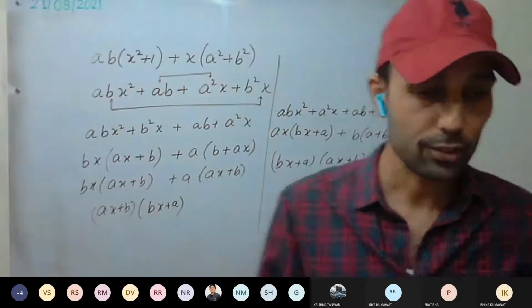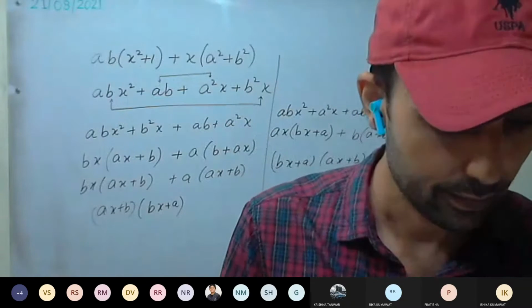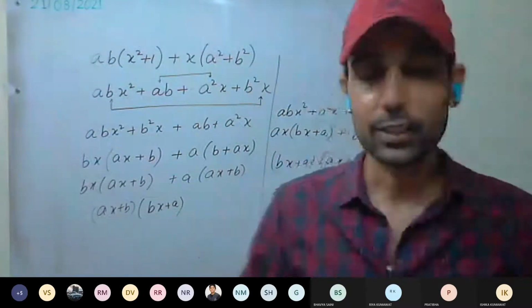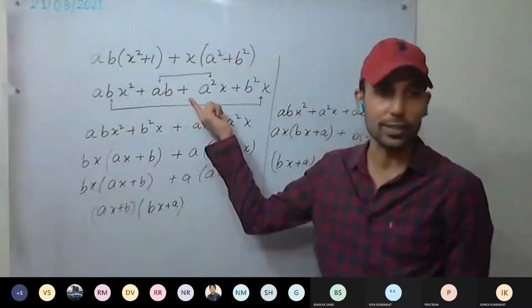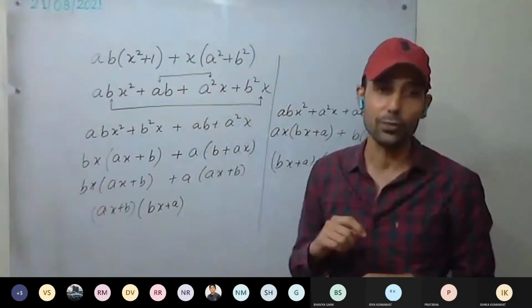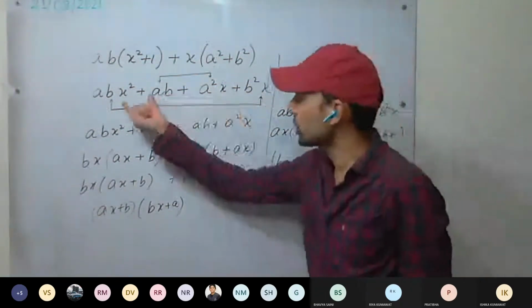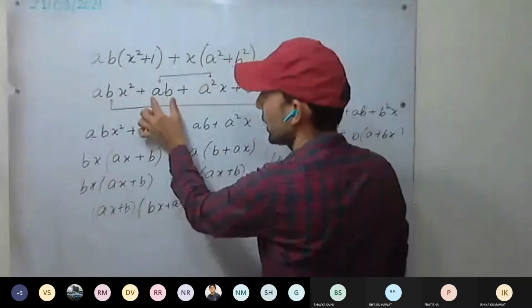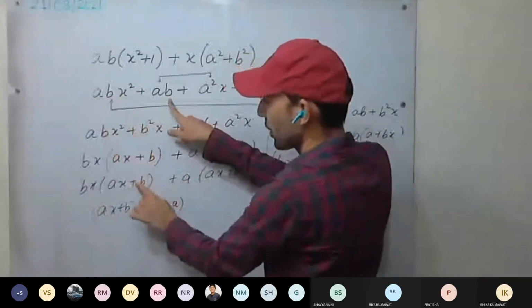Now try the next one. So how can we find that the equation is wrong or right? See here, whether the equation is right or wrong, there's no question. It's always right. But how to group? Which ones do we have to group? So first check these terms. If we are grouping this one, whether we are getting something common or not.